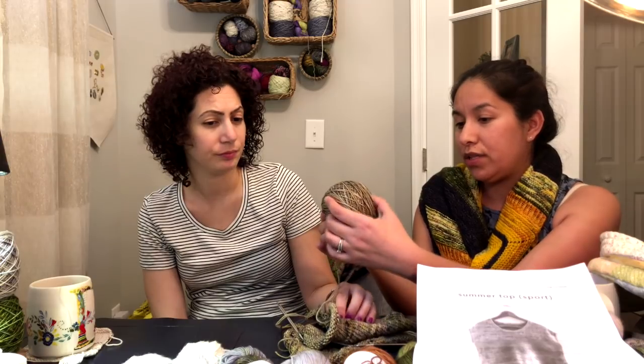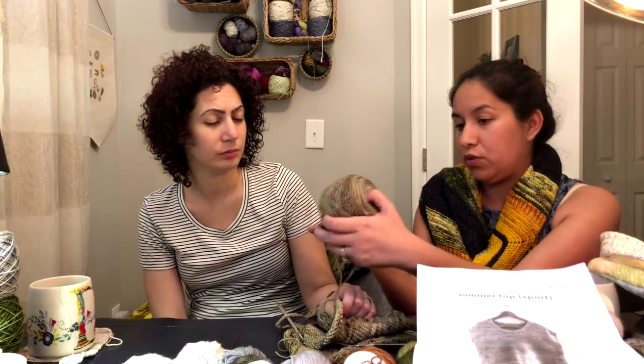This sport is awesome. I'm in love with this base, and I have 2 sport bases. This one is 100% superwash merino. It's 100 grams, a 4-ply with 328 yards per skein. And then I have another one that's an 80-20, 80 superwash merino and 20 nylon. I'm not in love with that one, so I think I'm just gonna keep that out and just have one base, which is this one, because it's really, really good. Yeah, it feels so super nice. The only thing is that it doesn't have nylon for people that like to knit socks, but I'm not in love with the other one, so